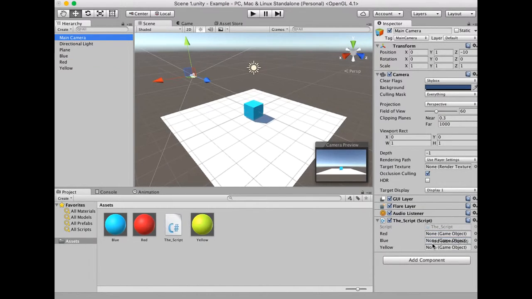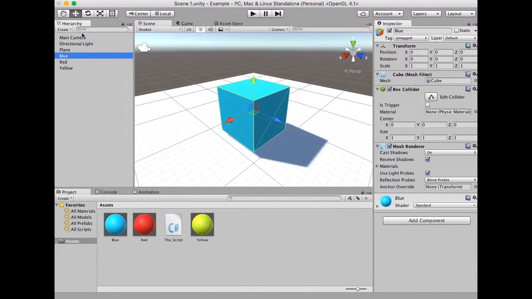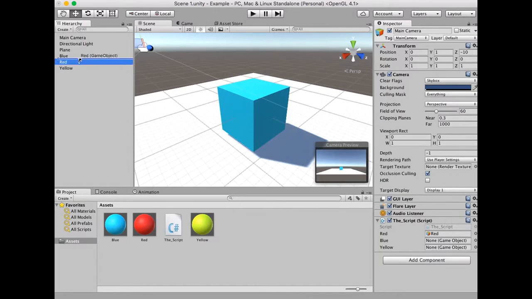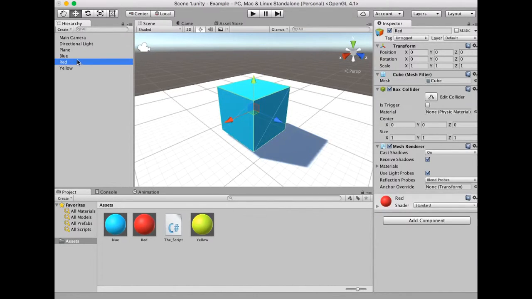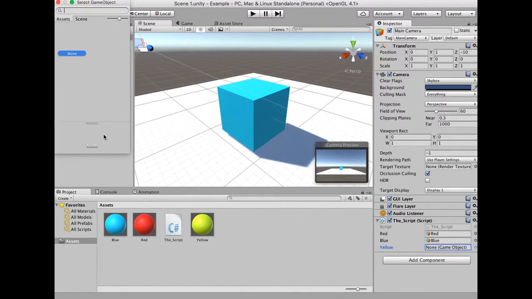I'll do red, blue, oopsies, red, do it underneath. Okay, so main camera, blue, and then